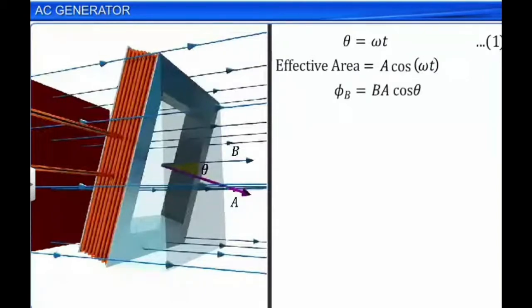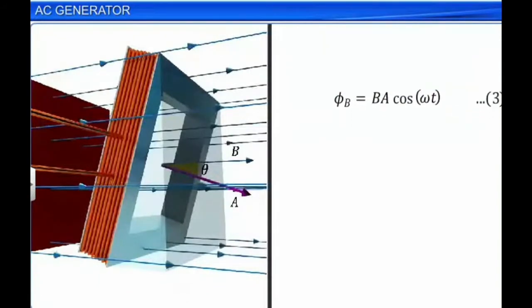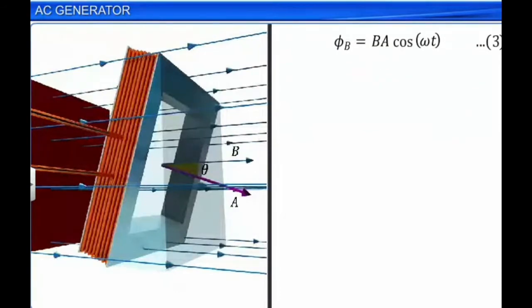The flux linked with the coil at an instant of time is given by the expression phi B is equal to BA cos theta. Now, substituting theta equal to omega t in the expression for phi B, we have phi B is equal to BA cos omega t. Since the magnetic flux linked with the coil changes, an induced EMF and hence an induced current will be produced in the coil. By Faraday's law of electromagnetic induction, the induced EMF produced is given by